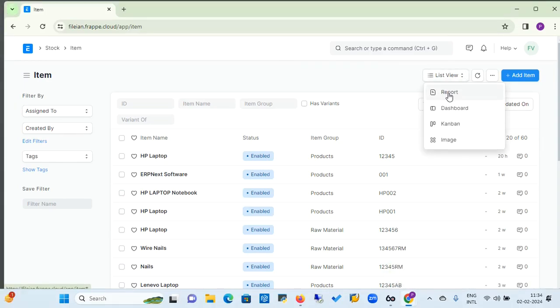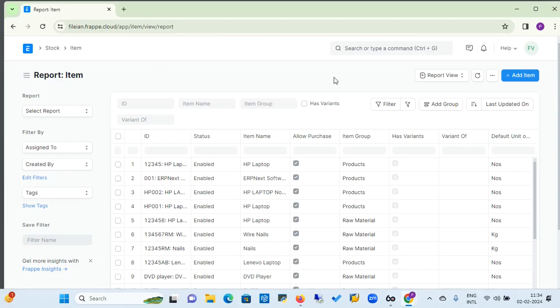So just click on the report button, then you will see the change in your report view. You will see the report will change into a column and row section, or it may also be called a grid section. In every report column head, you will get the drop down icon. You just need to click this drop down icon and you will get the option for the sorting of reports,